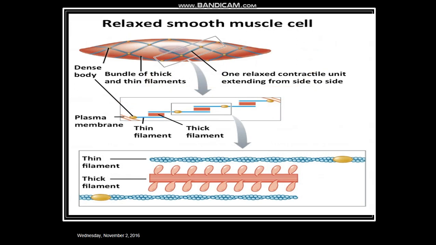Relaxed smooth muscle. You are looking here. Dense body, bundle of thick and thin filaments, one relaxed contractile unit extending from side to side. And this you are looking here, plasma membrane, thin filament, thick filament, thin filament. This is the thick